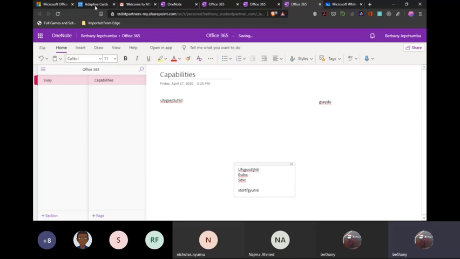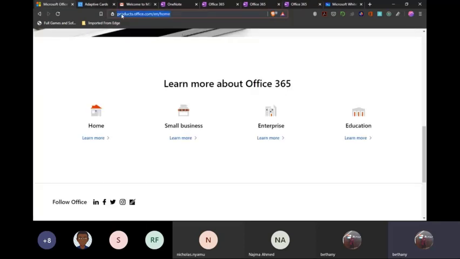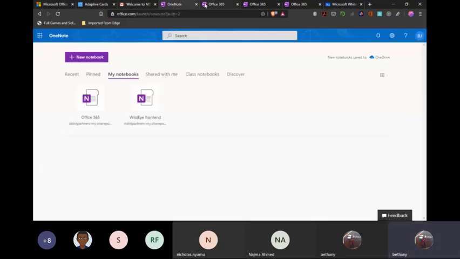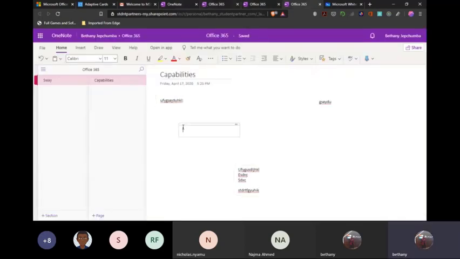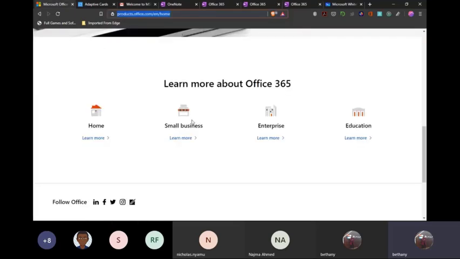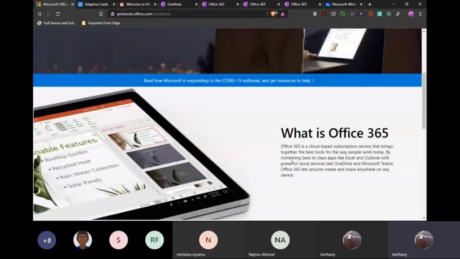And when you copy a link, for instance, let me go back to my notebook. So when I copy a link here, I'm not sure, it depends on your settings. So I can copy a link, and if it had an image, it will show me the image. If it was a link of something, it will show me. Even if I copy, like, what is Office 365,